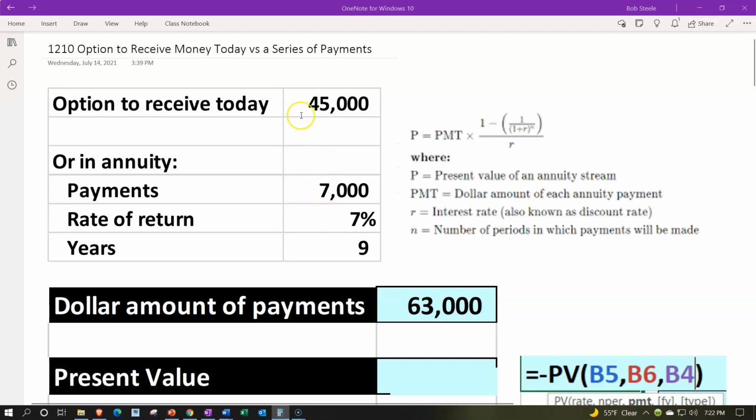Then we're just going to say, well, the 45,000, that's in today's dollars. And then the series of payments are something that I've got to bring back to today's dollars so I can compare the same thing to the same thing, apples to apples, as they say. To do that, we'll need to take that series of payments and bring it back with the present value of an annuity,